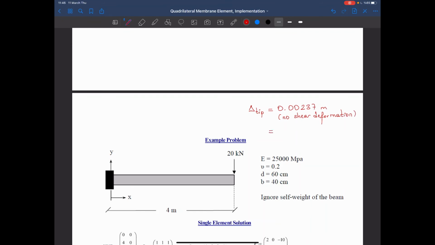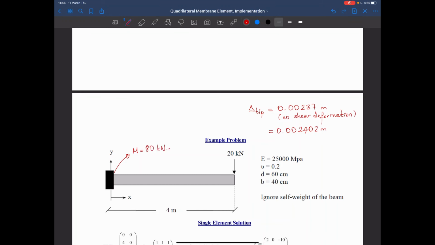And if you add the shear deformations to it, your tip displacement will be equal to 0.002402 meters. Now we know that at support the moment will be equal to 80